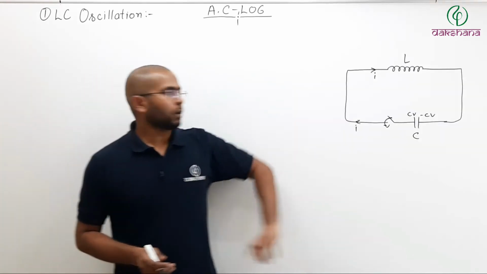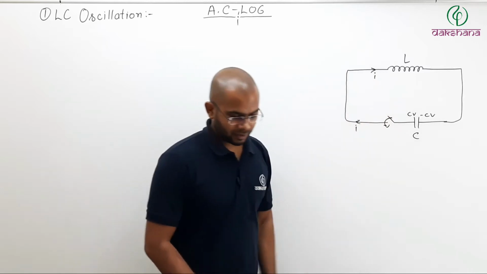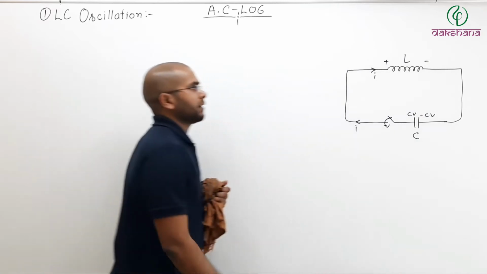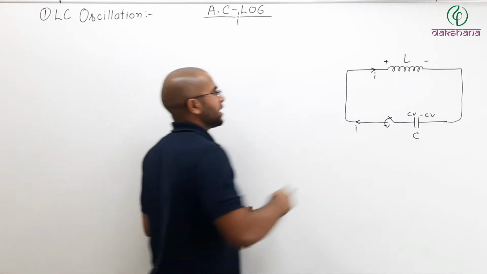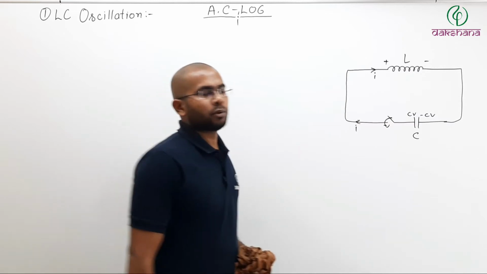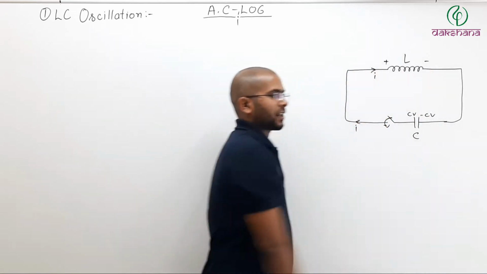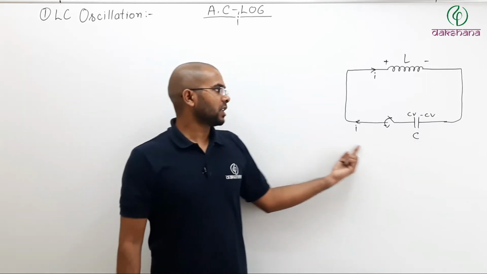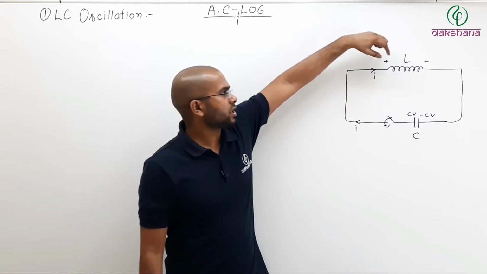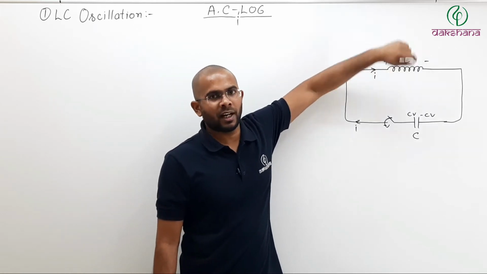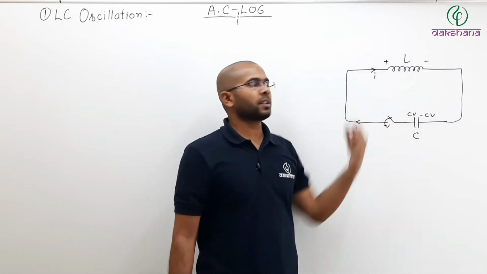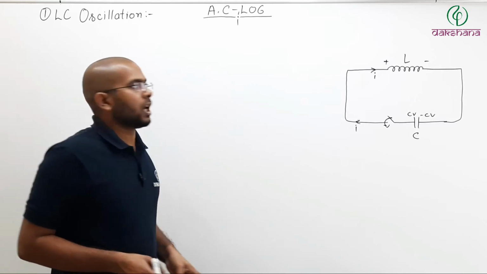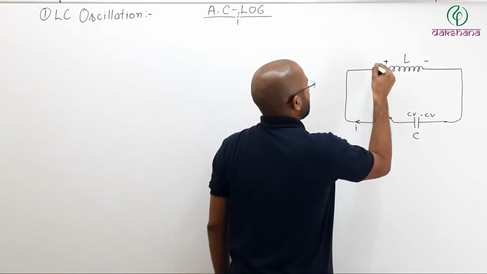So now what is happening? Now there is an induced EMF in this inductor. So the induced EMF will be like what? This will be the positive end and this will be the negative end. So what will happen? This induced EMF will try to drive the current in the opposite direction. So what is happening? Initially the capacitor was charged. The capacitor drove the current in this direction, which induced an EMF across the inductor, and the energy of the capacitor was transferred to the inductor. Now what is happening? Now the inductor has the energy. So now the inductor will try to drive the current in the opposite direction.